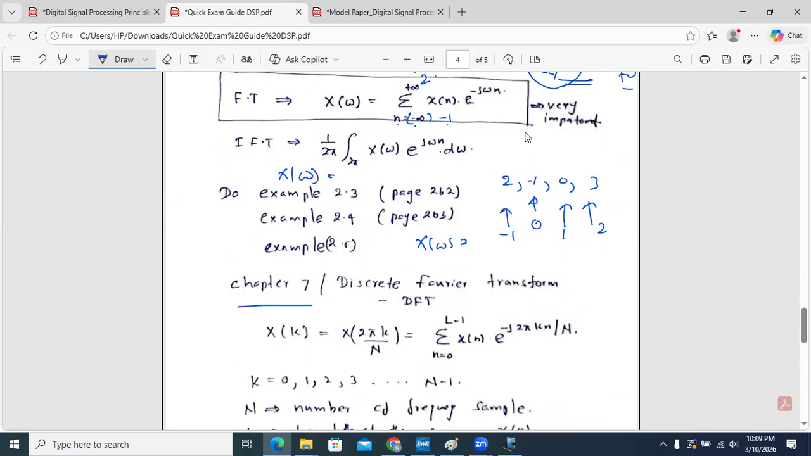First, n is -1. That means x -1 e to the power -j omega. N means -1 plus